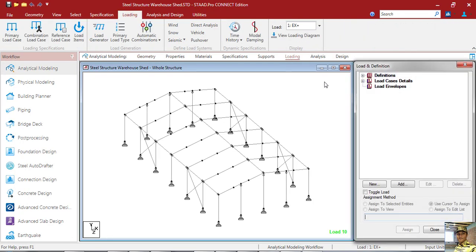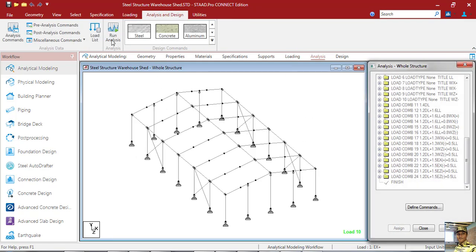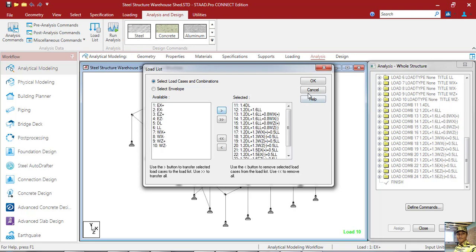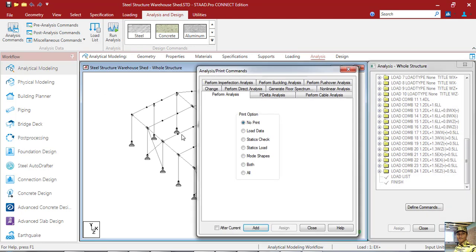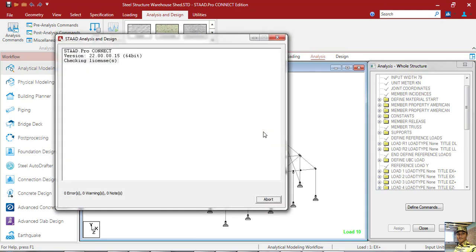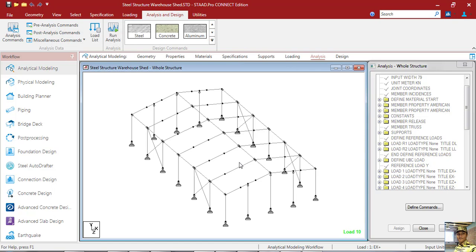Now go to loading. Now see, the load combination also here. So go to analyze, load list, and select 11 to 24. Okay, now command analyze, add, close, run analyze, save. Go to OK, done. Now go to design,